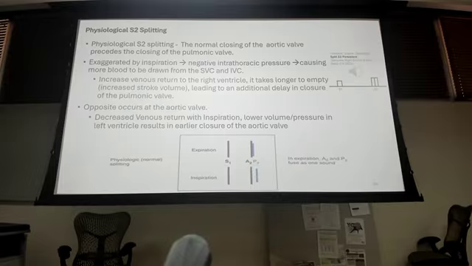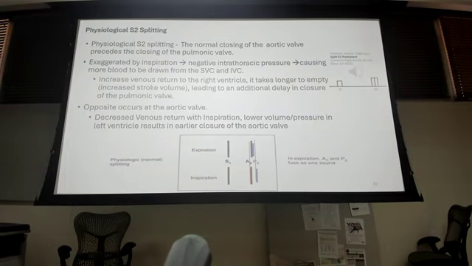breathing. And the reason you get that splitting is as you take a deep breath in, you create that negative intrathoracic pressure. You're increasing that venous return, which means I have increased volume and pressure on the right side, which means then I have to maintain a higher pressure for a longer period of time to get that circulation out of the right side of the heart. So that's going to delay, that's going to move the closure of the pulmonic valve over to the right. But at the same time,